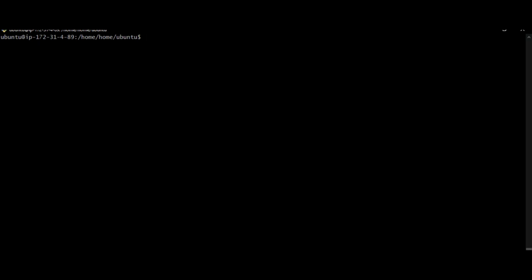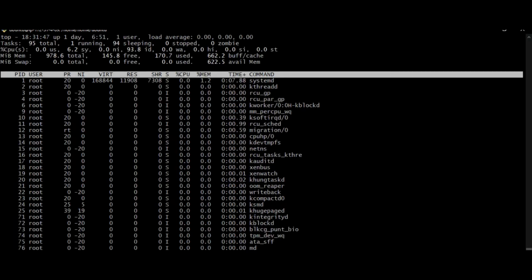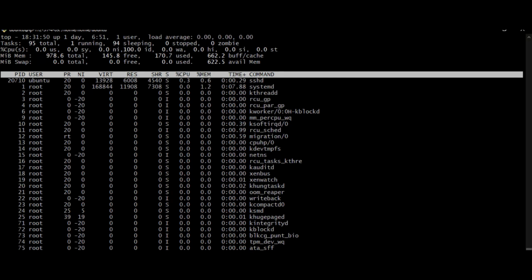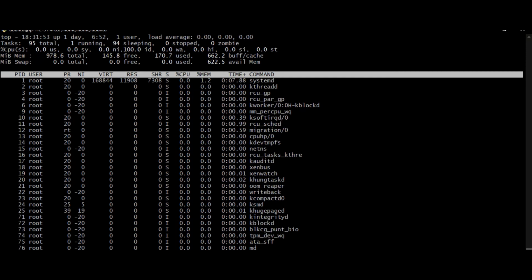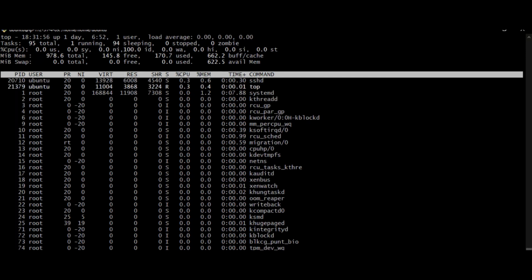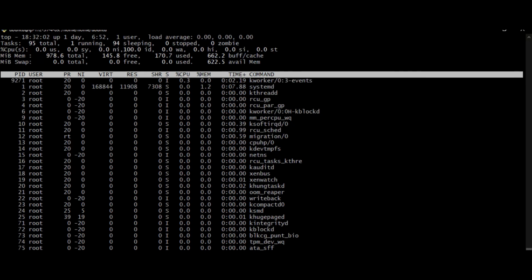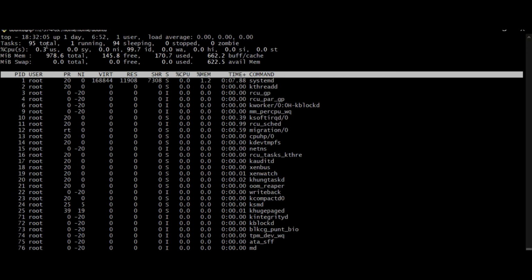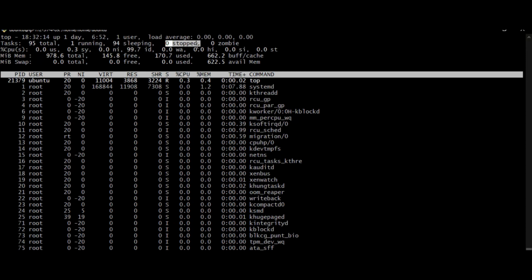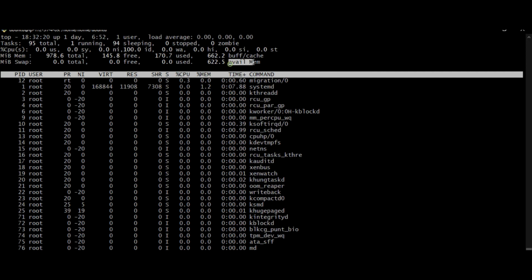And the next command is the top command. This top command is a task management program that presents a real-time display of the CPU and memory usage of your entire Linux system. It is a simple status summary. If you see here, it shows the total tasks running, how many are sleeping, which are stopped, and the used memory, free memory, buffered memory and available memory.